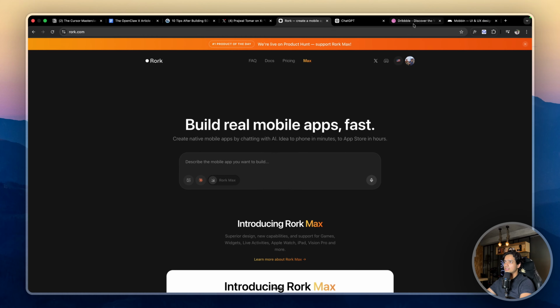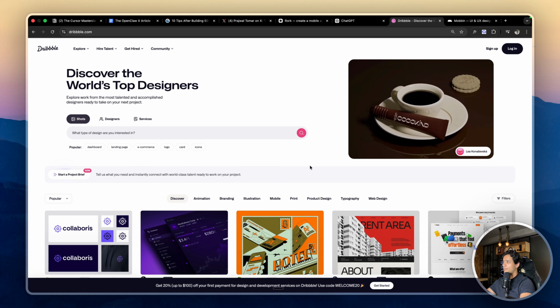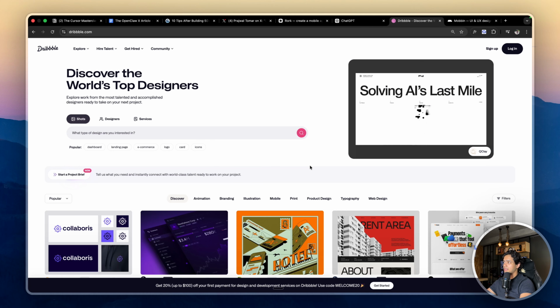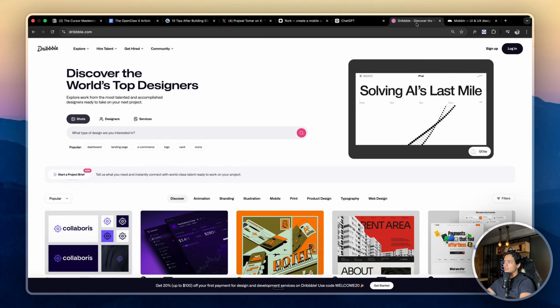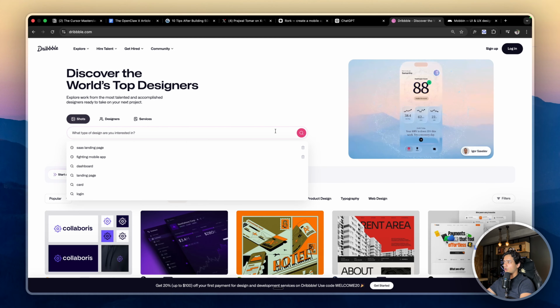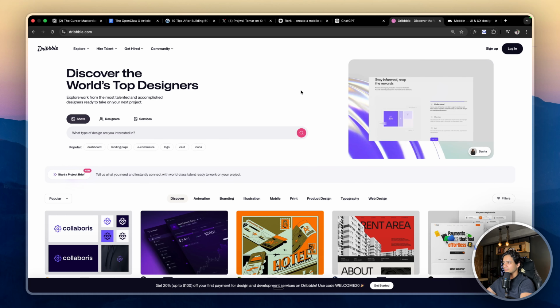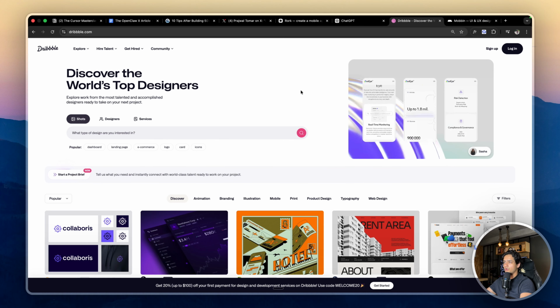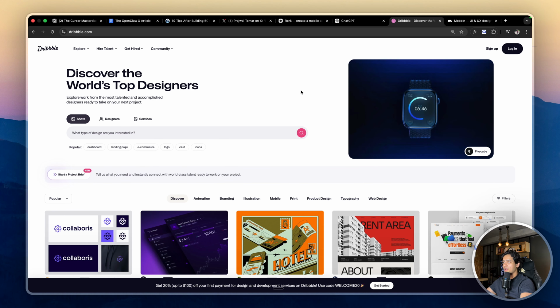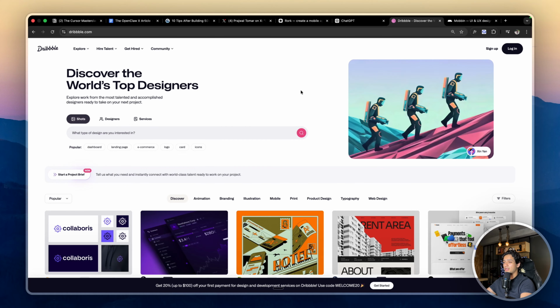Step number 1 is looking for design inspiration. The best place for getting design inspiration is either Dribbble or Mobbin, whatever you like. I have seen that a lot of you try to prompt AI and ask it to build you a beautiful mobile app for, let's say, brain dump, but it does not give you good results. And the thing is, if you provide it with a screenshot, the AI does a much better job as compared